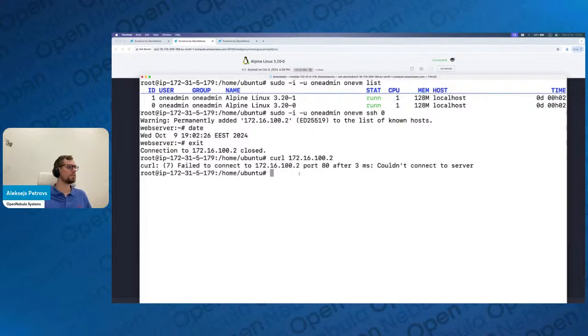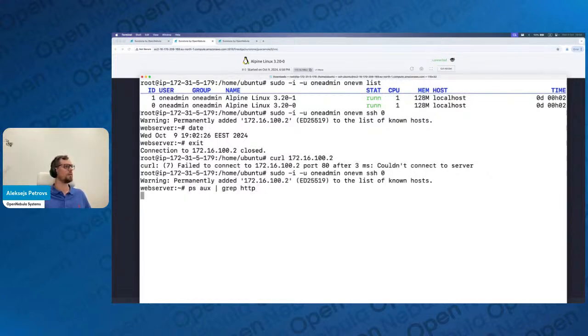No, it's not there. Curious why. Maybe it's not running. That's also possible if I mistyped the commands. Right. So yep, HTTPD is not running,